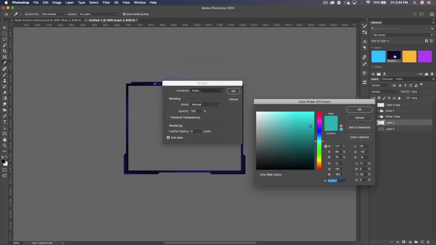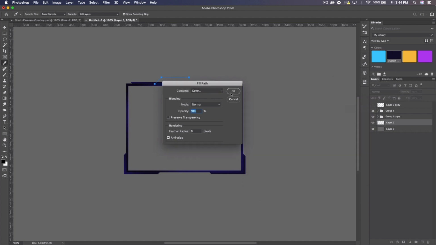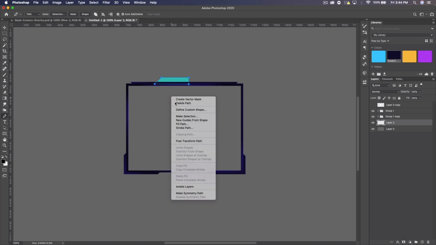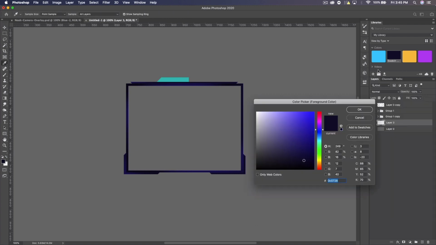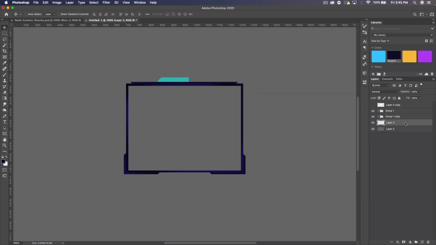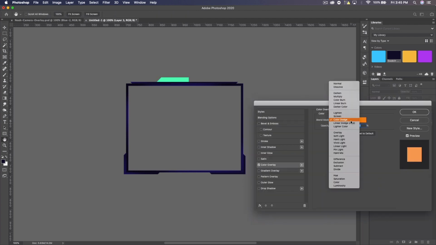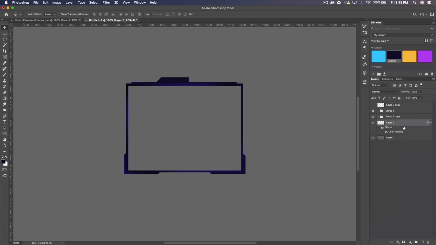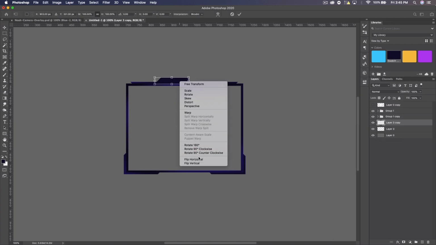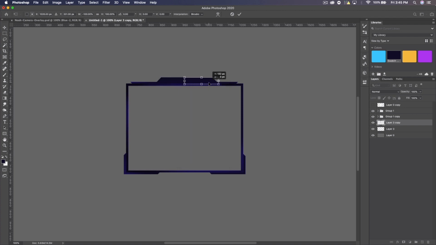So we have half of it here, and I'm going to right click, fill path, color, and I don't have that purple saved right now. I told you it earlier, but I'm just going to click OK, and fill it with this teal or whatever. Then I'm going to go ahead and get my purple, double click on it, Command C to copy, double click on the layer, set it to normal, opacity 100, put that color there, OK, right click, rasterize layer style, cool. And then I'm going to press Command J to duplicate, Command T to transform, right click, flip horizontal, bring that over,